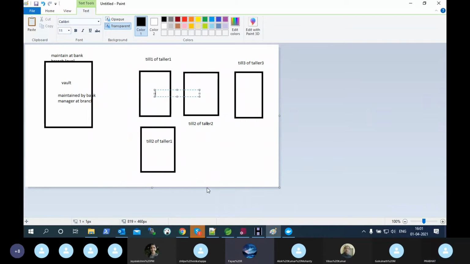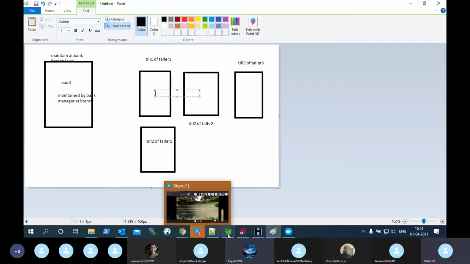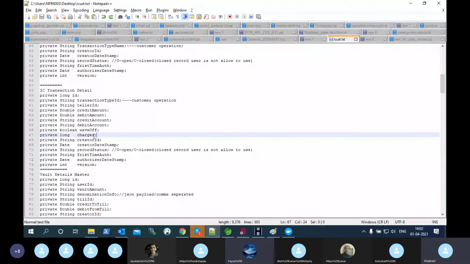Okay, from that table only it is going, right? Can you show me the transaction table? Here, we just define how much charges for this transaction. If we have the account information, we will give a credit account and debit account for this charge also. But if at a later point of time we have to maintain the account also, then related to this charge we will create a separate table and maintain the respective account in that table. For this table, for charges, we are not maintaining credit account and debit account.